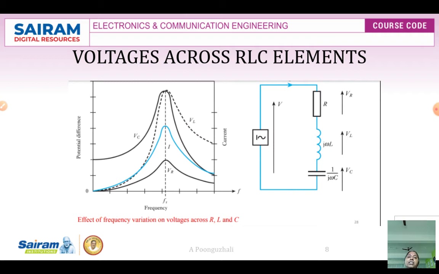inductance. At frequencies less than f_R, the circuit is going to behave as capacitive. So with respect to frequency, the voltage is also going to increase. At resonant frequency it will be maximum, and after the resonant frequency it is going to behave as an inductive circuit. Because as frequency increases, the reactance increases, and as reactance increases, the current decreases. So in this case it is decreasing. Similarly, V_C will be opposite to that of V_L.